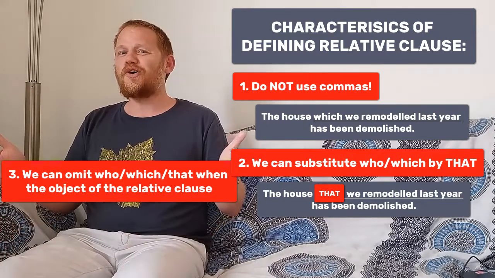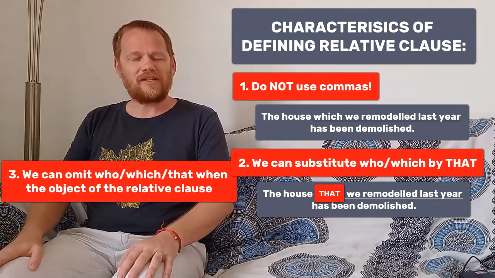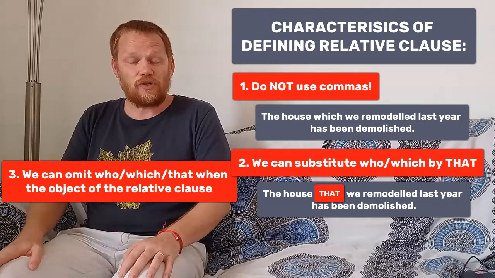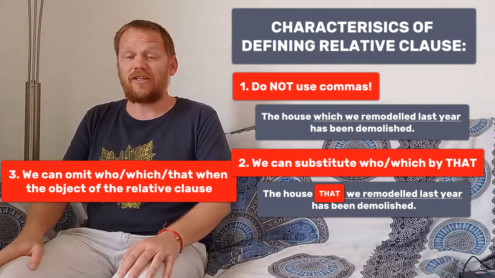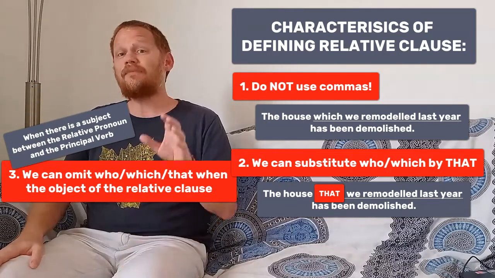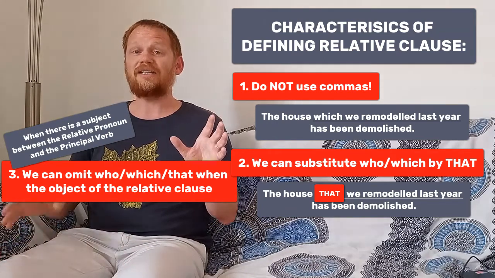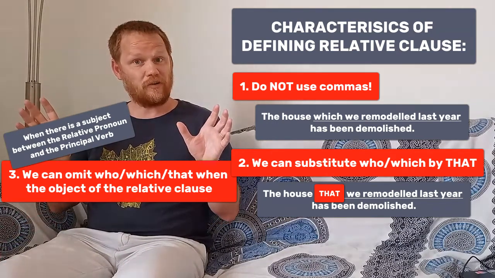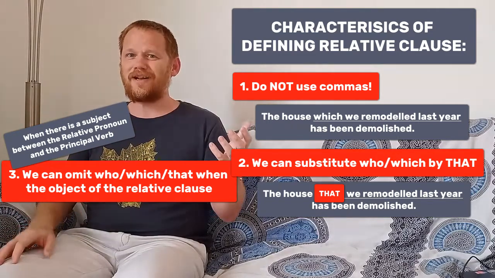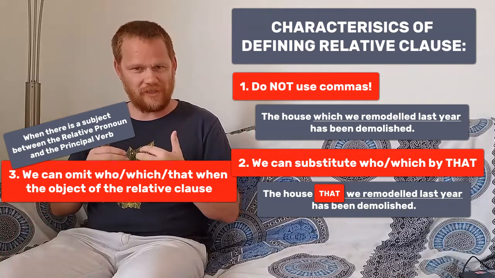Okay, now you're asking me, how do I know when our relative pronoun who, which, or that is the object? Well, it's fairly easy. When you look at your relative clause and between the relative pronoun who, which, or that and your principal verb, there is a subject, then your relative pronoun is the object and you can omit it,